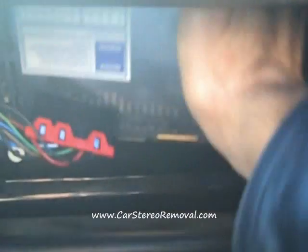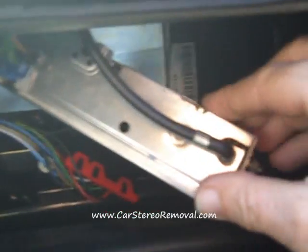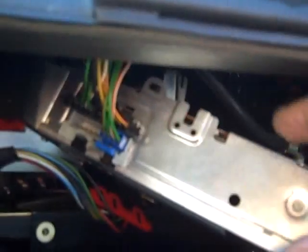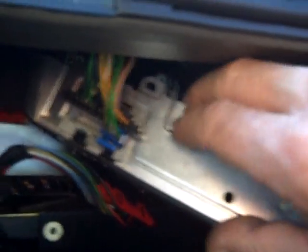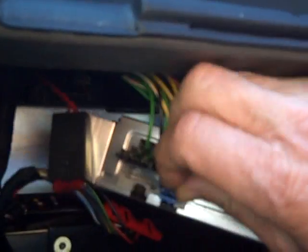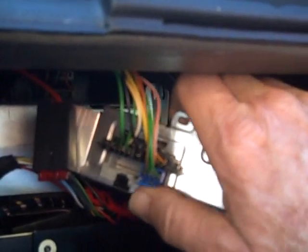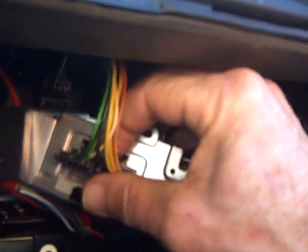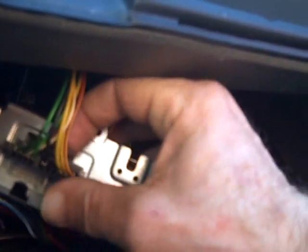At the top of the CDM, we have the antenna at one end. Just grasp this and remove it. With the top of the CDM box pulled down, we have 3 connectors at this end. At the blue connector here, we want to squeeze this trigger in at the bottom, and this connector will release. There's one connector removed. For the second connector, there is a trigger on the top. We're going to push that down into the connector, and this will release it, and we'll be able to remove